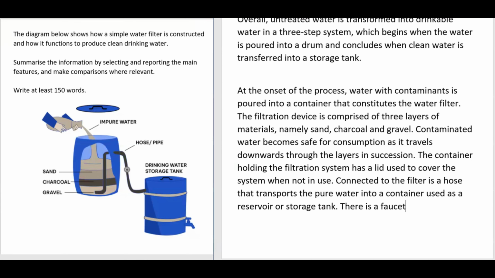Tomato. Okay. There is a faucet affixed to the tank which allows access. Hang on, I've made a mistake here. Which allows access to the